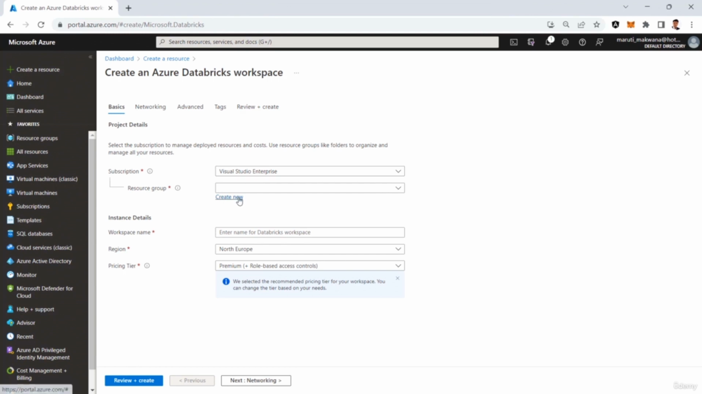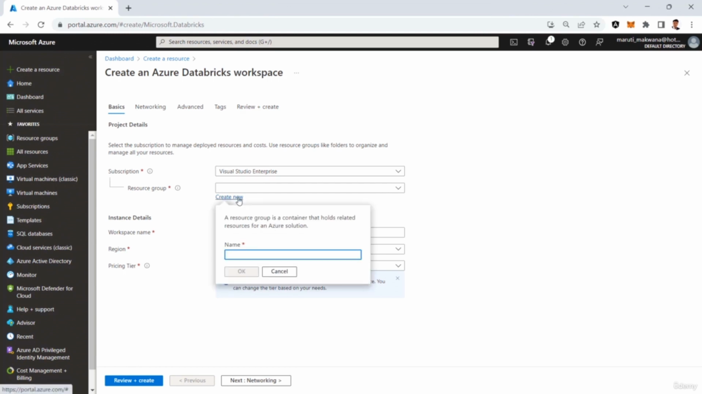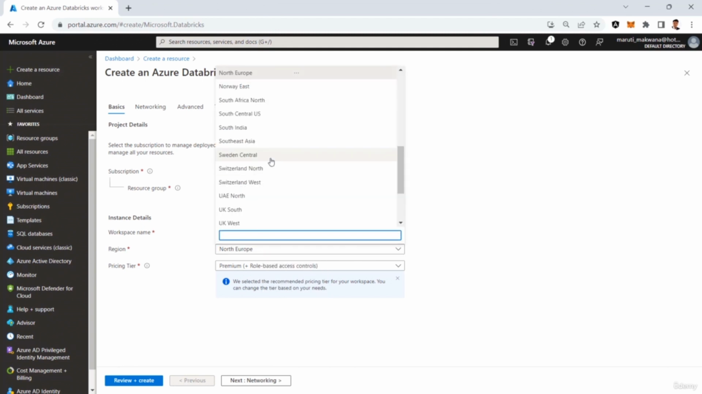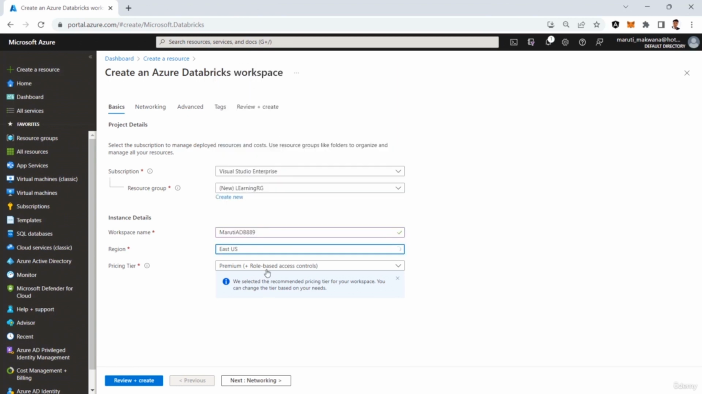I'm going to select my subscription. We are going to create a new resource group. Let's say it's going to be something like Learning RG. The name for this particular workspace will be, I'm specifying Maruti ADB, for Azure Databricks, and putting some number at the end of this. The location for this, I'm going to select East US, and the pricing tier for this,